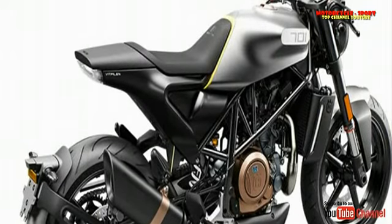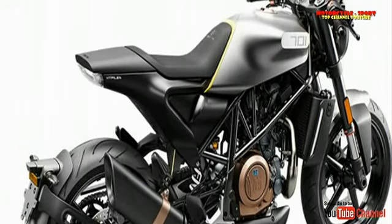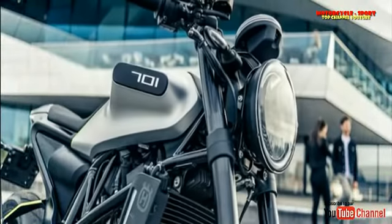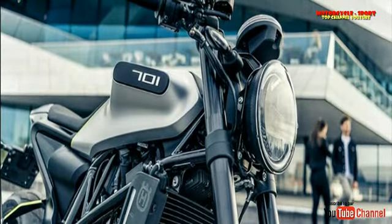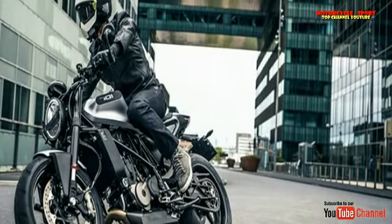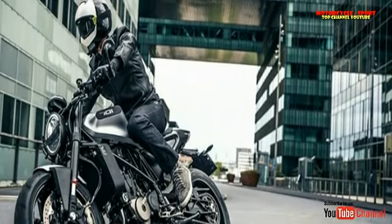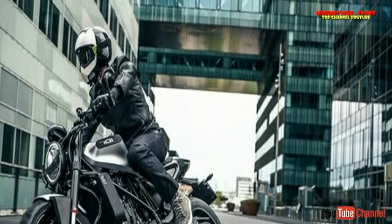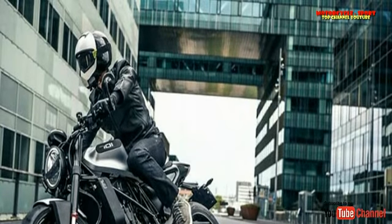But be patient. Kiska Brand Design, Husqvarna's partner for the Vitpilen project, found that the new street range began attracting people to motorcycling who had never considered it before. From what I've seen, the 701 attracts attention from people who are already into motorcycling, too. But here's the point, Husqvarna is re-entering the street motorcycle segment, and they're backing the effort with unorthodox looks and